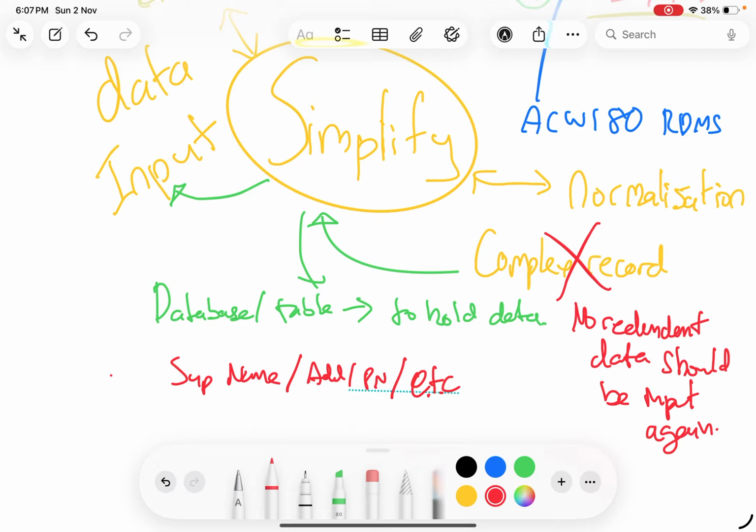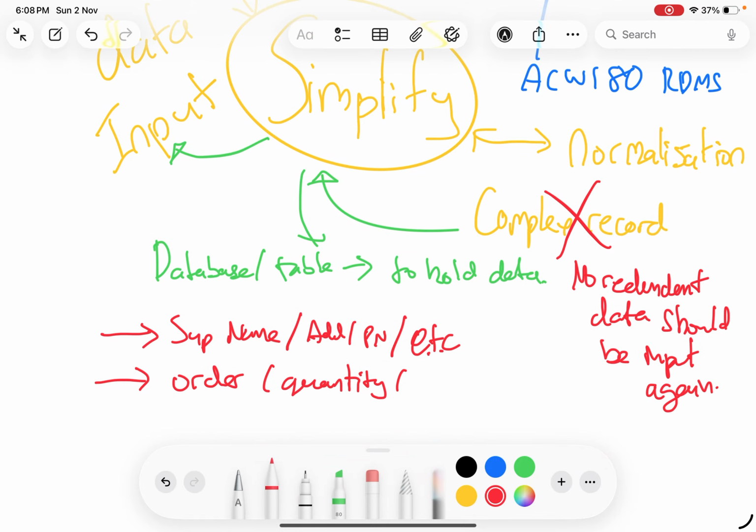Then the order should straight away just select the quantity. So if it's a proper breakdown table, you're going to have the items over here, right? Items, you've got the unit price, and